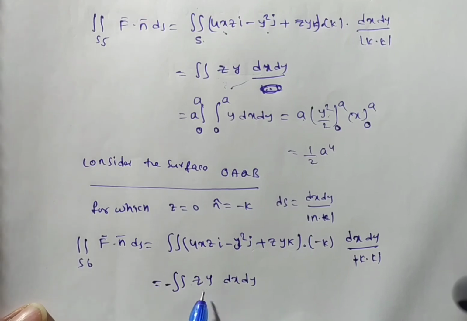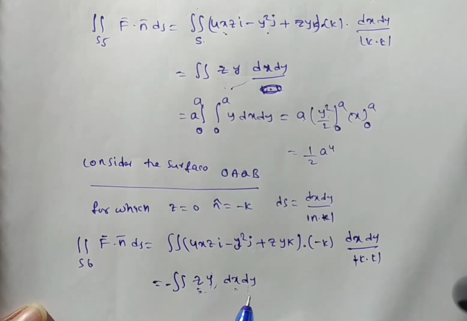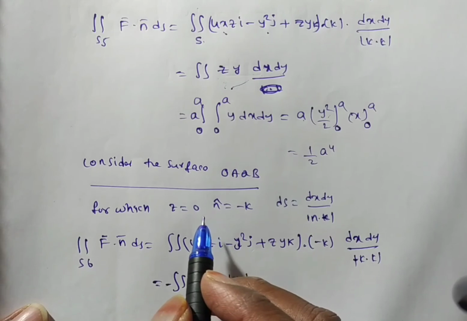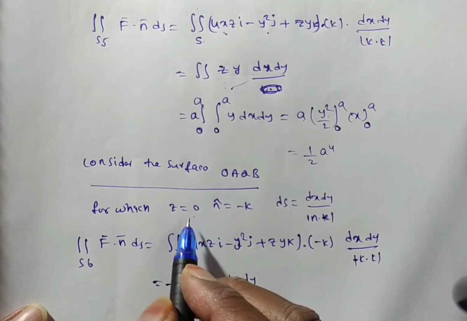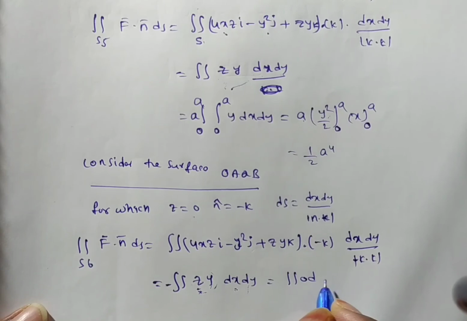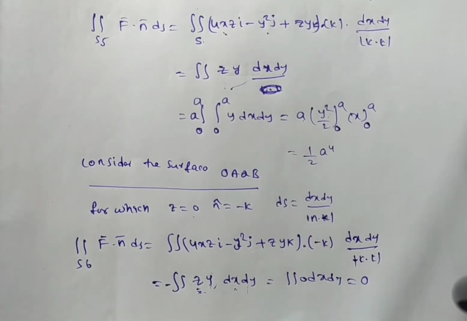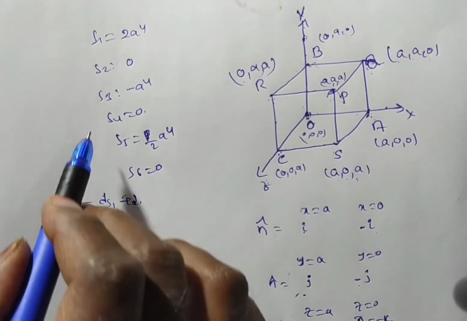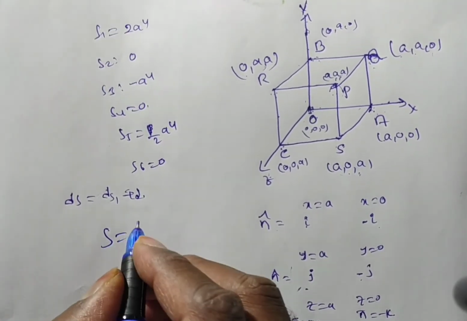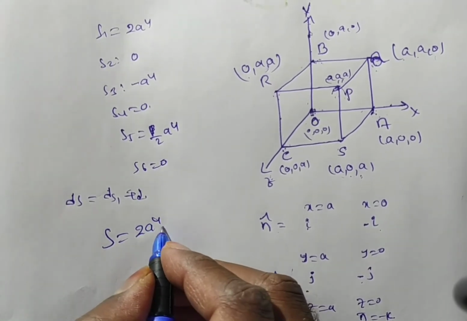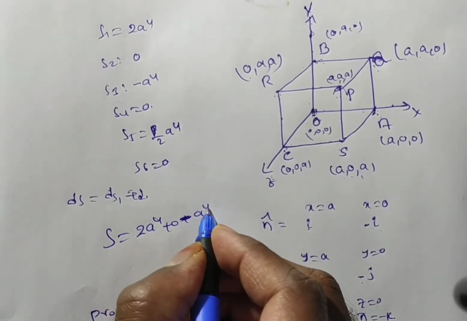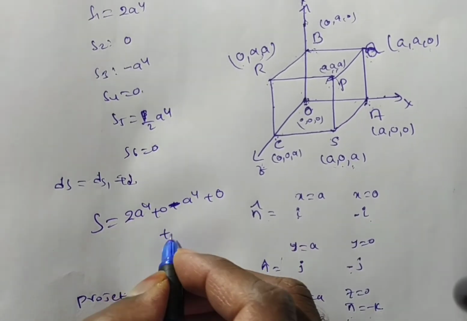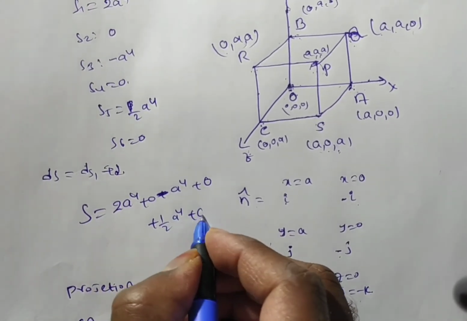Now you see we are integrating the integrand with respect to x and y, but here the integrand is in terms of z also, so z we have to replace in terms of x and y. In this surface, what is the z value? You find out from the given surface. On this surface, z value is what? 0, so you will have the double integral over 0 dx dy. So in this case, this value is 0. So S6 is equal to 0. Now you add all these surfaces, then what will you get here? Capital S is equal to S1 plus S2 which is 0, plus S3 which is minus a power 4, plus S4 which is 0, plus S5 which is 1 by 2 times a to the power of 4, plus S6 which is here 0.